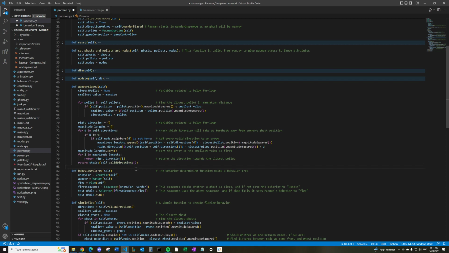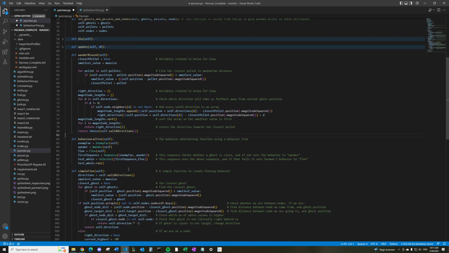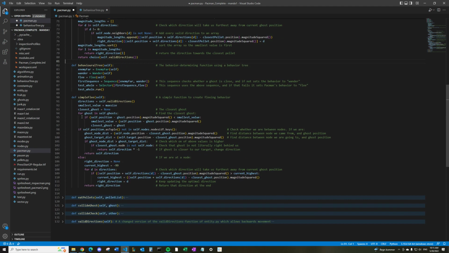and we return the direction that gave us this number. So the other one is the simple flee function, which is the one that makes us flee, and it's kind of similar in the sense that it finds the closest ghost, and then we go through the ghosts, find the closest one, and update this variable to contain that ghost,